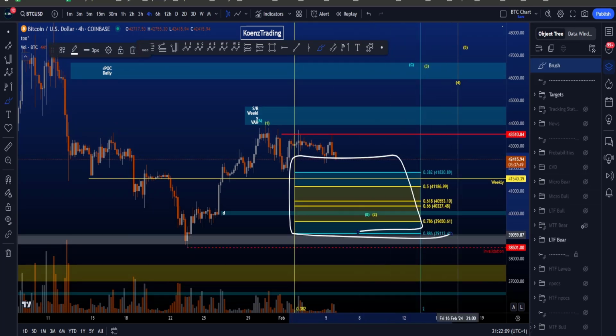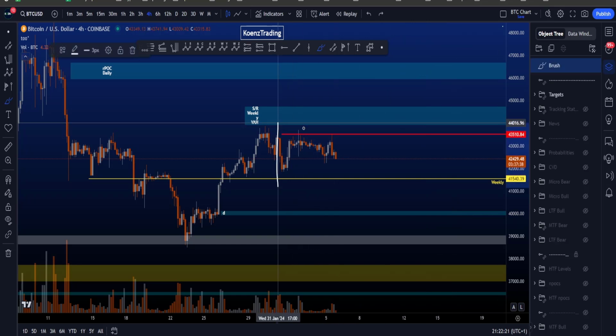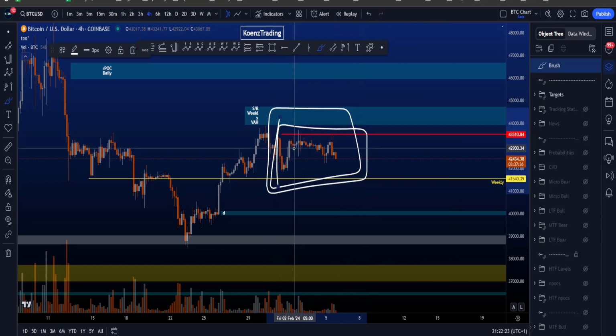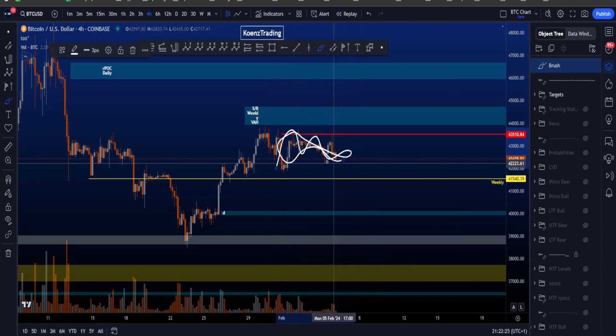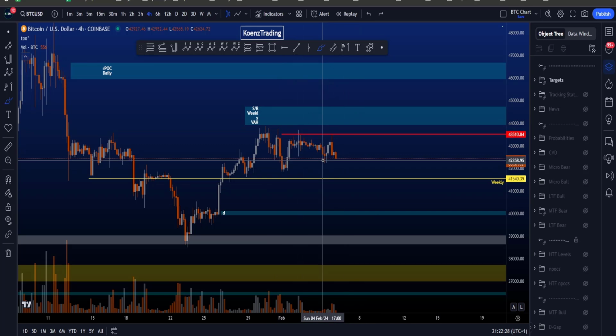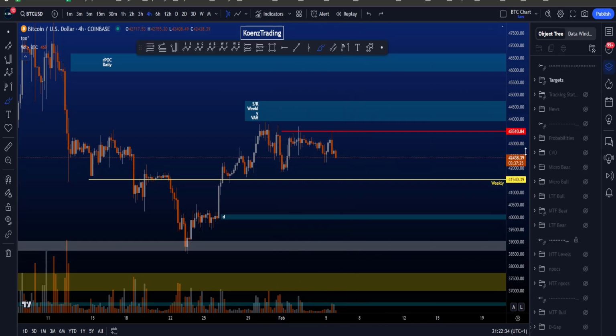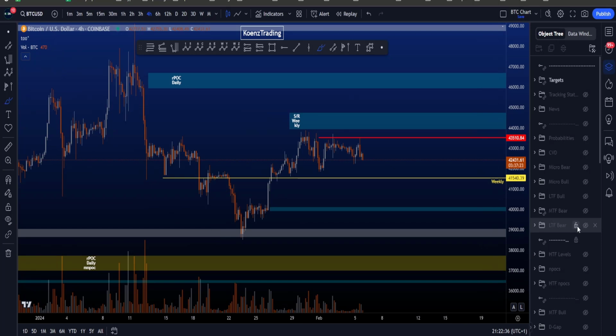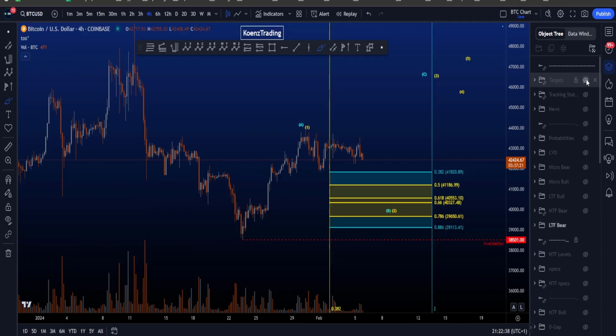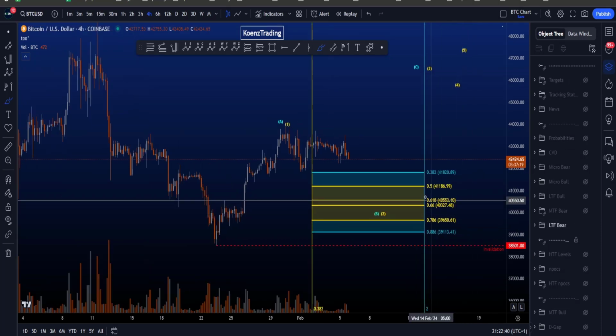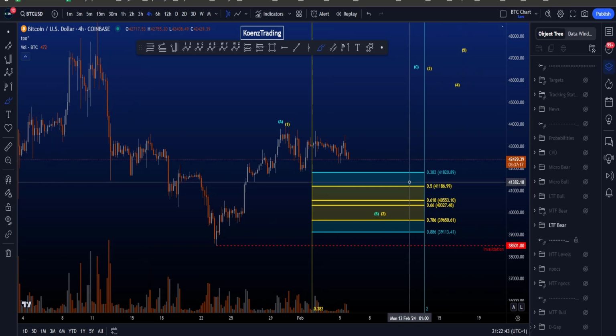with this B or 2 over here, because as the range starts to become more and more complex here and many different scenarios start to be possible, the probabilities go back to pretty much neutral, and we just have to wait and see. And instead of going to lower time frames and go to the 5-minute and the 3-minute, I prefer to zoom out and let the chart come to me instead of me trying to follow the chart. So therefore I like to stay on the 4-hour time frame,